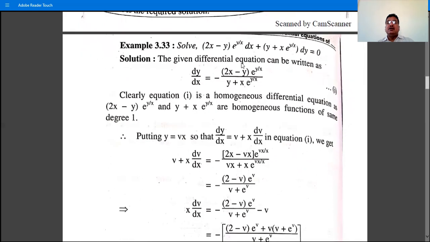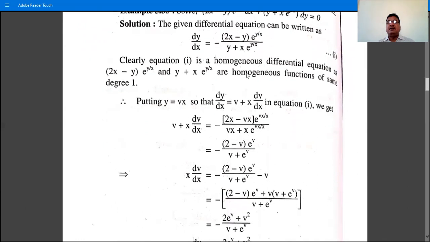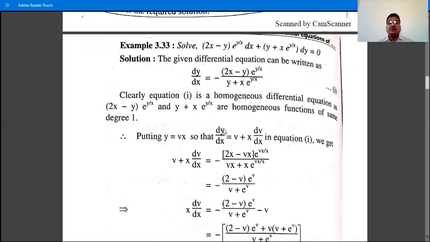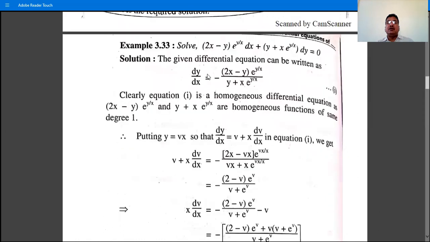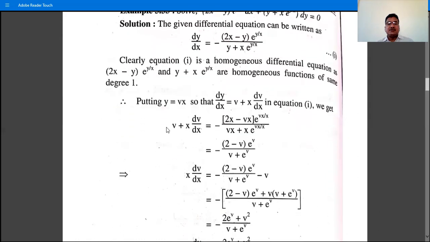And if you observe, the numerator is a homogeneous function of degree 1. Also the denominator is a homogeneous function of degree 1, and therefore this given equation, equation number 1, is a homogeneous differential equation, because numerator and denominator both are homogeneous functions of the same degree. In order to solve a homogeneous differential equation, substitute y is equal to vx. So dy by dx is v plus x dv by dx, and therefore equation 1 becomes v plus x dv